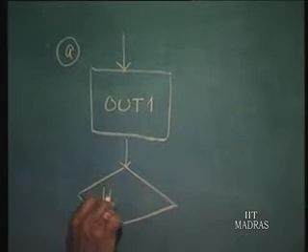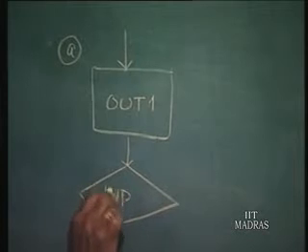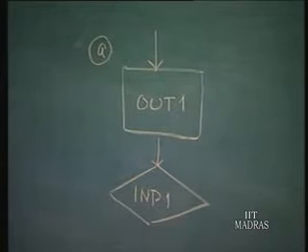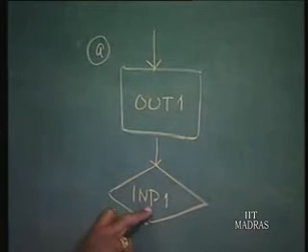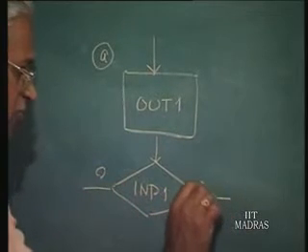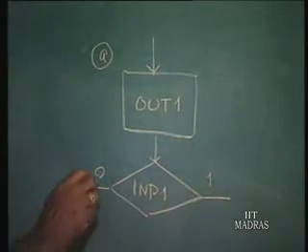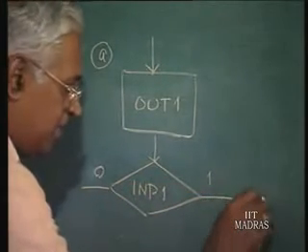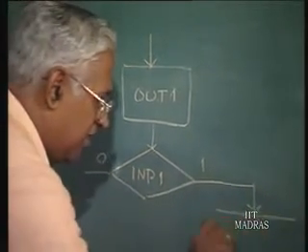I'll name that signal inp1 or something, and depending on the state of that input being, let's say, 0 or 1, or the logic state being false or true, then the machine may enter another state,